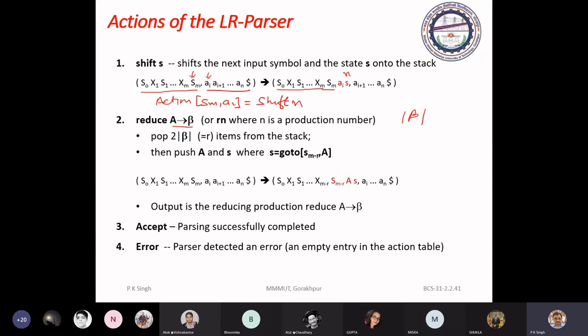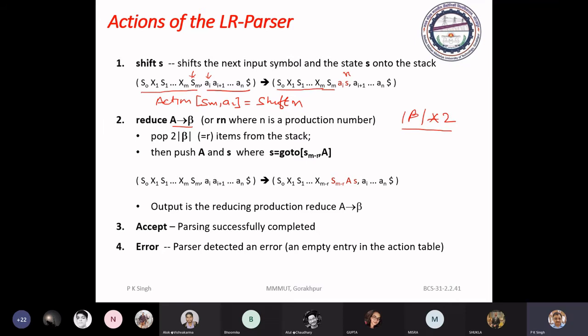And you know, each grammar symbol is followed by a state. So what we have to do in the stack is multiply by 2, so you have to pop out this much information from the stack. If mod beta is 3, then you have to pop out 6 symbols of the stack, meaning 3 states and 3 grammar symbols. Okay, you have to pop them out from the stack.